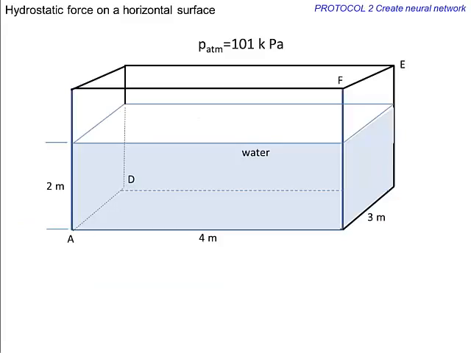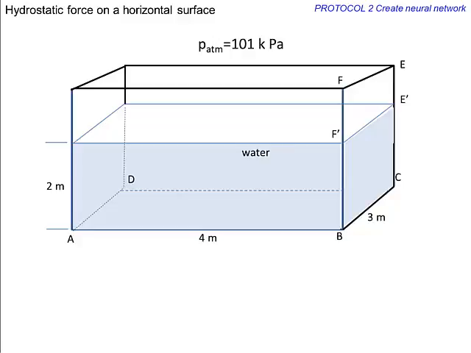Consider water in a tank as shown in figure, with free surface open to atmosphere. In this video, we will discuss how hydrostatic force acting on vertical surface BCEF can be calculated. Since this tank is placed in atmospheric pressure, force exerted by the atmospheric pressure on both sides of the vertical plane BCEF cancel each other. Therefore, the hydrostatic force is only due to the water, acting on the area